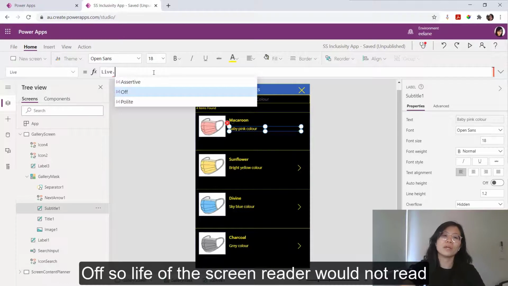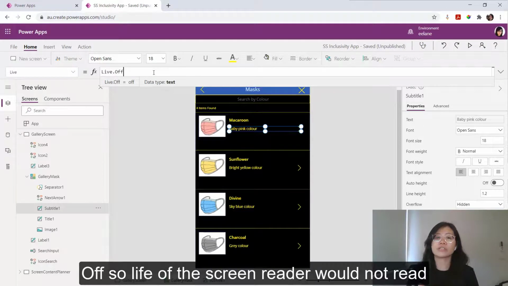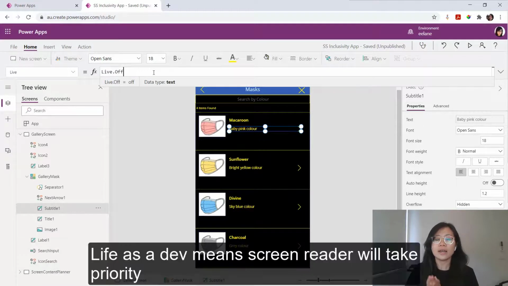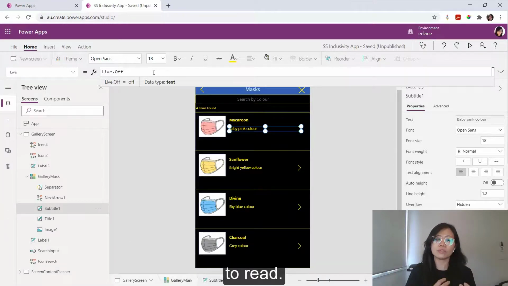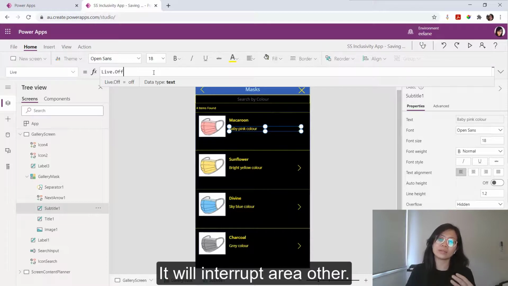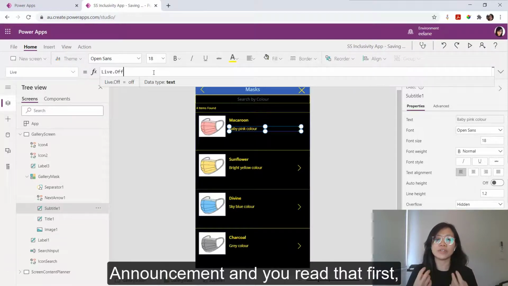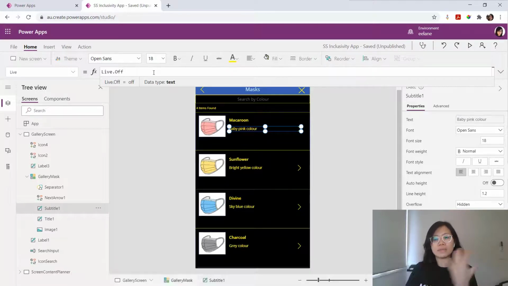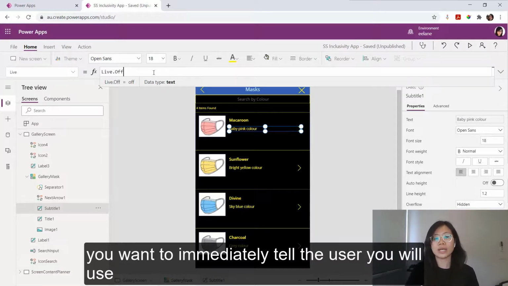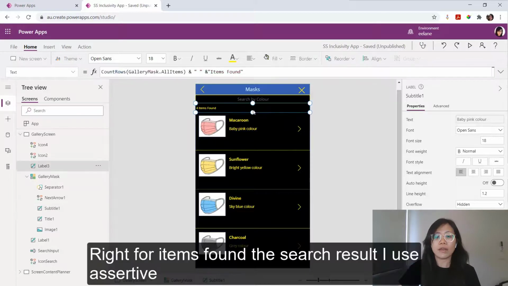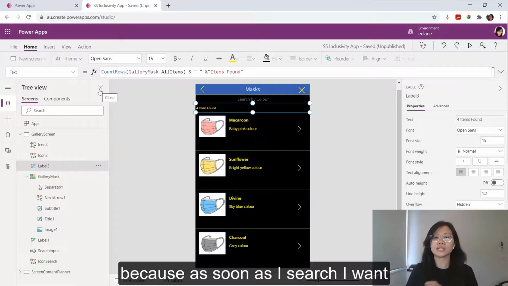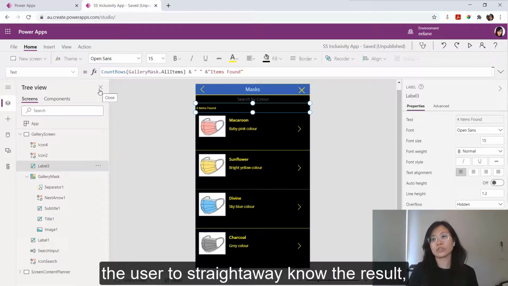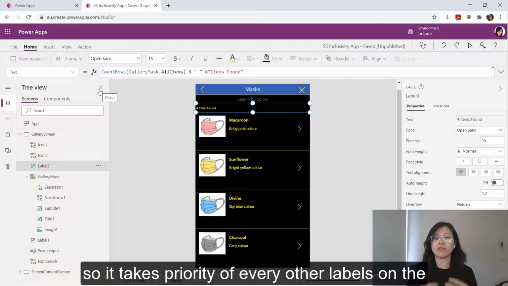Live off means the screen reader would not read it. Live assertive means the screen reader will take priority to read it. It will interrupt every other announcement and read that first. So if you have an alert or something that you want to immediately tell the user, you will use assertive. Like for items found, the search result, I use assertive because as soon as I search, I want the user to straight away know the result. So it takes priority over every other